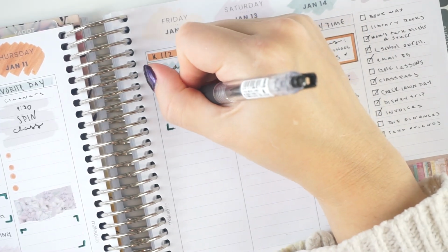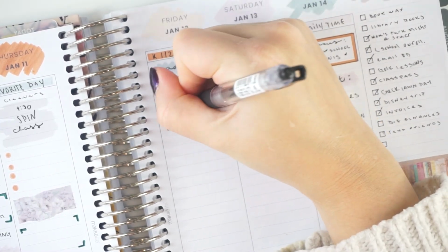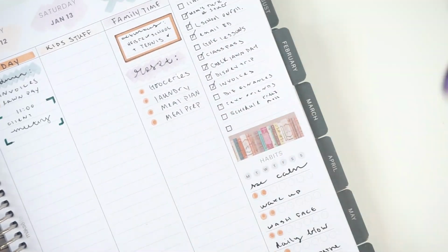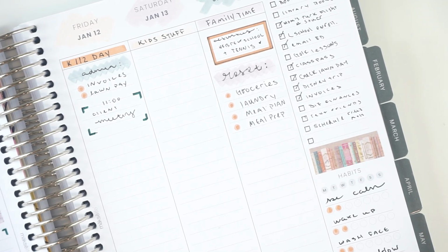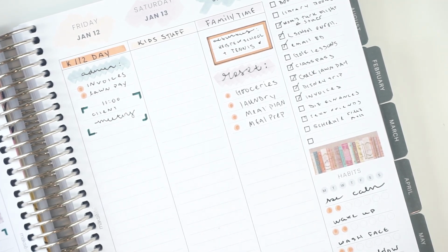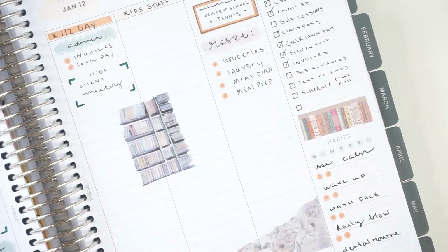So this one is at 11. And I need to schedule one more meeting. And then it will be time for my daughter to come home from school. So we'll do some kind of afternoon activity. I just really want to use that book one. Okay, so